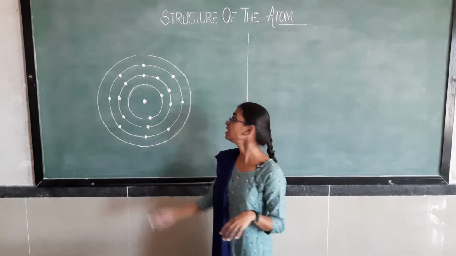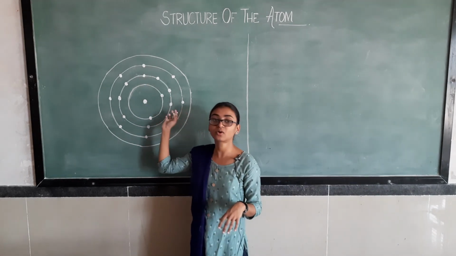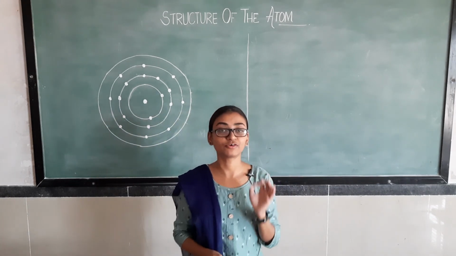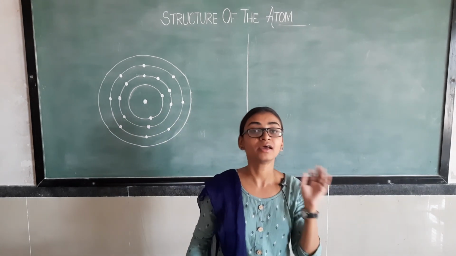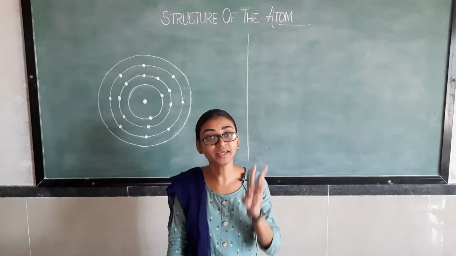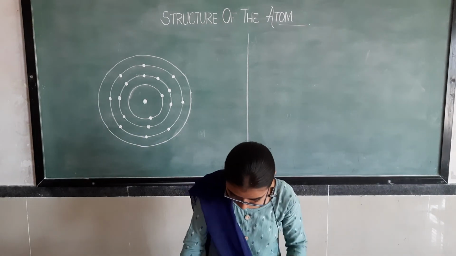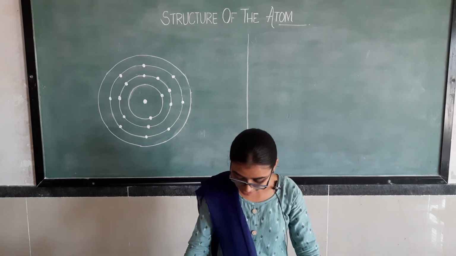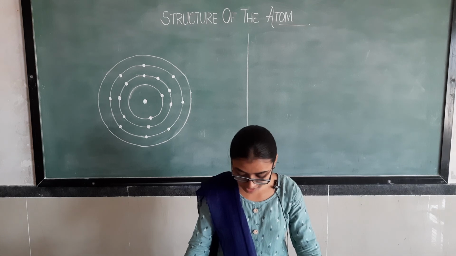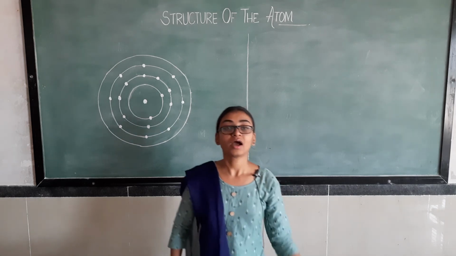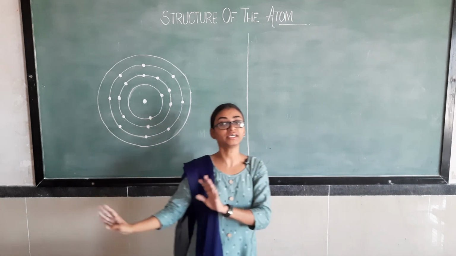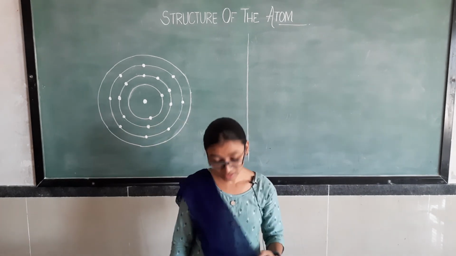In case of aluminium, aluminium has 3 electrons in its outermost orbit, the M shell. So the valency will be 3. Okay, so it is 2 and 3 respectively, because magnesium has 2 electrons in its outermost shell and aluminium has 3 electrons in its outermost shell. Now up to here we have seen that they lose electrons, so their valency is 1, 2, 3.